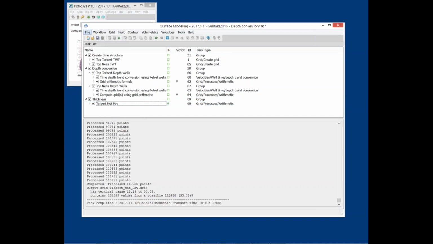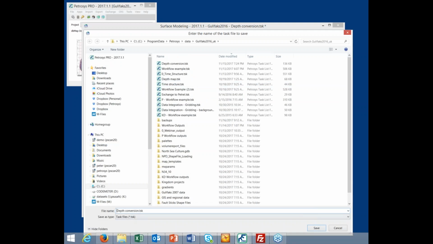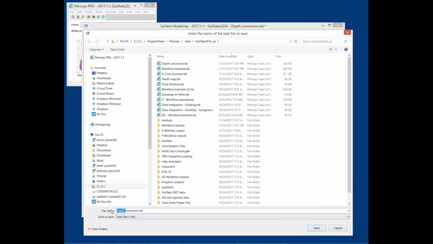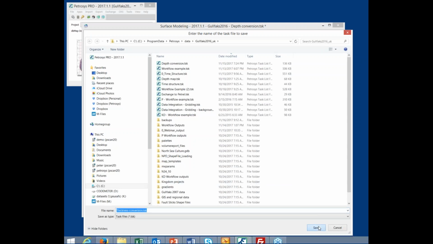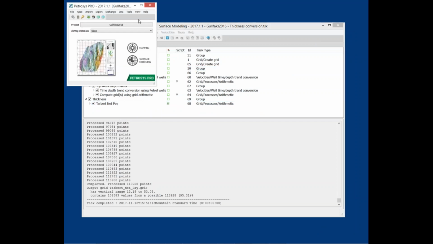I'll do a save as and create a new task file. Call this thickness. So now it has a record of all the different tasks that have been done in the various webinars that we have. So if I come back to my map,